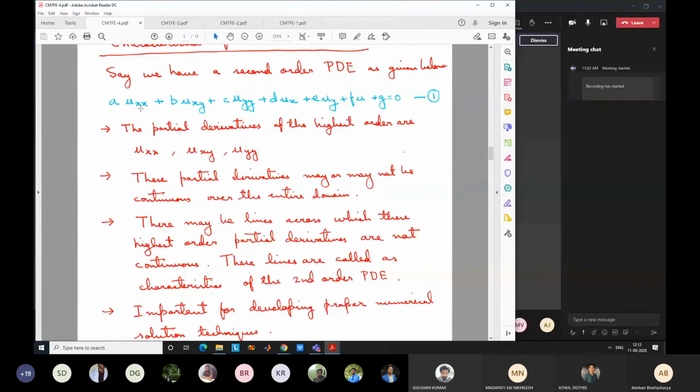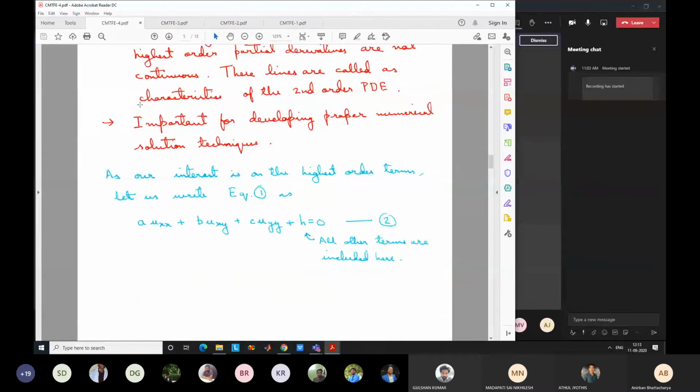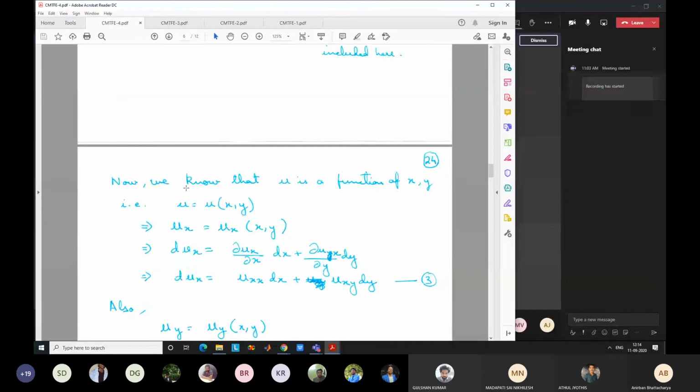It can be coordinate xy, it can be coordinate xz, it can be coordinate x and time t, or any other independent variable. We can devise new independent variables also. We have seen, by combining two variables we can devise a variable, say eta, for solving a boundary layer problem, or other types of combined variables, so that we can simplify the solution. So any independent variable. Anyway, coming back to this, u is a function of x and y.